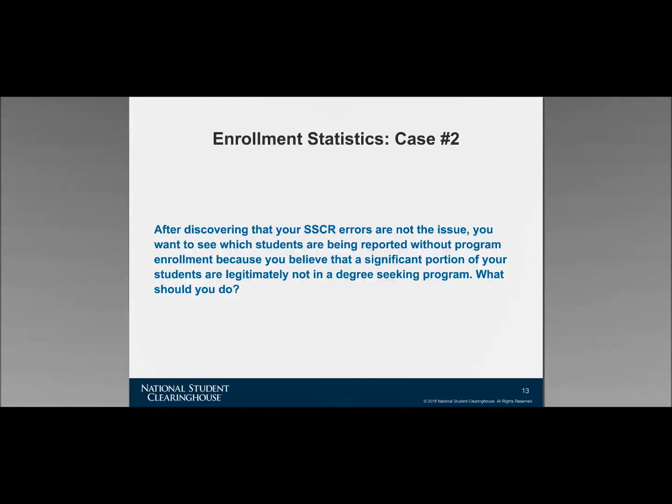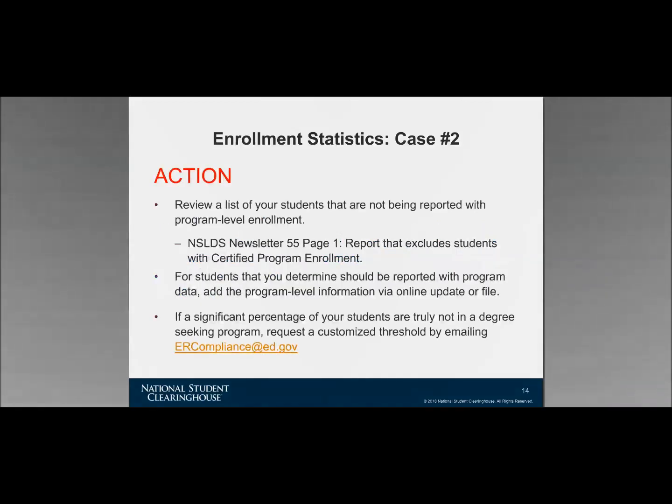Okay, so for case number 2, what action would we take? What would we do? Really and truly, the best course of action here would be to review a list of your students who are not reported with program enrollment, and just ask this question about that group of students who are not reported with a program. You want to ask, is your school one that has a lot of transient students who are